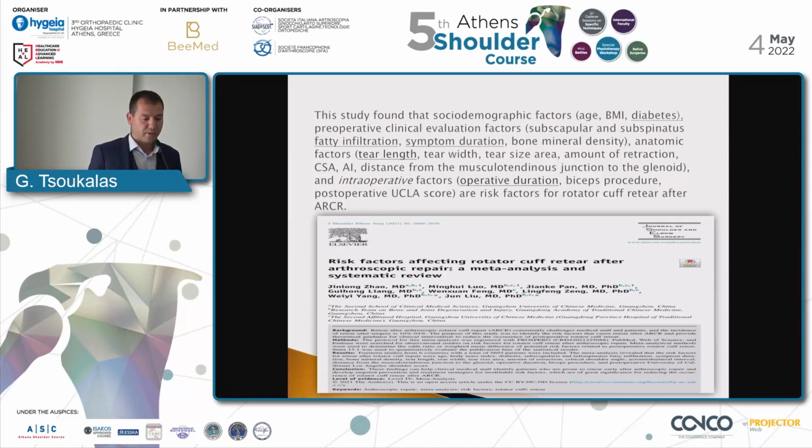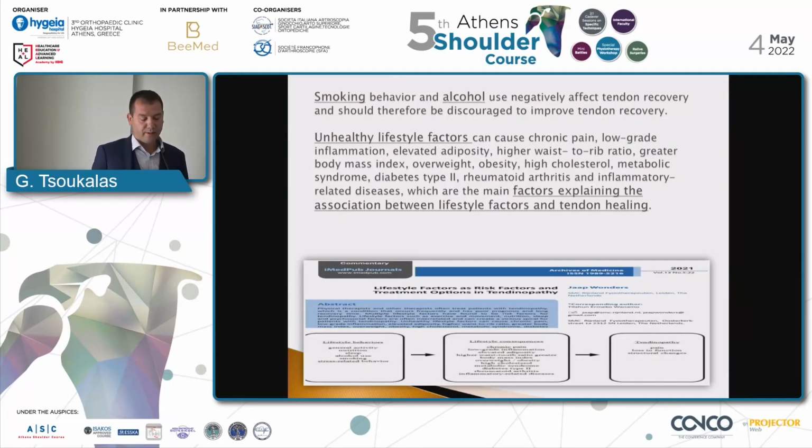Then it's an important information, the tear, the length of fat infiltration, the duration of the symptoms, which was 2.5 years old, the bone mineral density, and more other things. And when we are going to start rehabilitation, how he will fight with that, we have to support him, because if he stays at Easter time in the house that he had the surgery, and he starts drinking every day a bottle of wine, and he starts doing a packet of cigarettes, it could have some effects on rehabilitation, because we know that there is a strong association between unhealthy lifestyle factors and tendon healing after